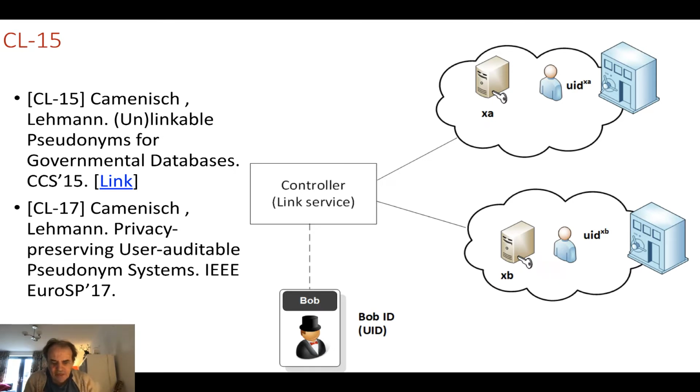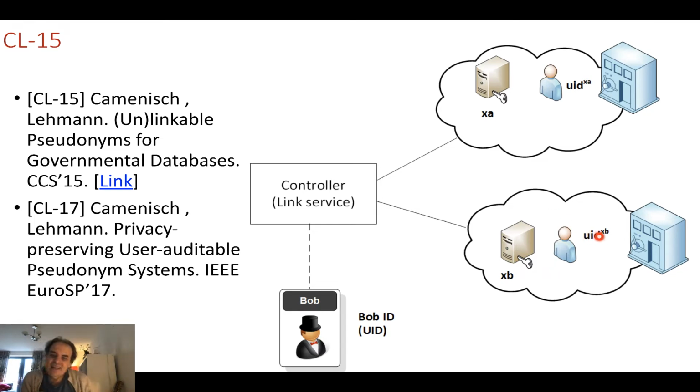Okay, so we start off and we take the user's ID, and we have a value for system A and a value for system B. We then take Bob's ID and raise it to the power of XA. We also have a mod P that I've not shown there, but we take it to the mod P, so they end up with a finite field for that. But basically we take the user's ID, raise it to the power of XA, and this becomes the pseudo ID within system A. No one can tell what the value of UID is because of the power of discrete logarithms, or the difficulty of discrete